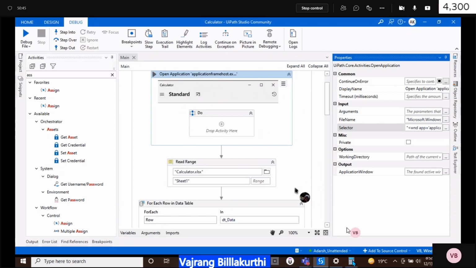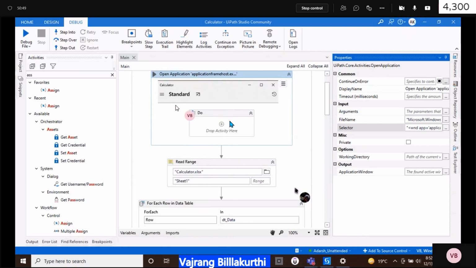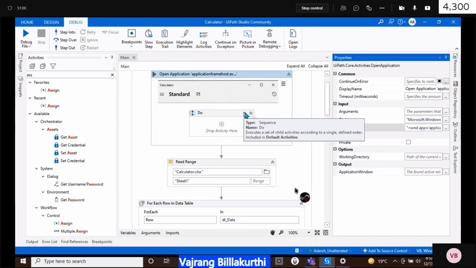What can happen is when Excel is already opened or this calculator is already open, it is trying to open a new calculator, and for that it's trying to fetch a new app ID, but it's not taking the existing app ID. But all the app IDs are the same. Not required.